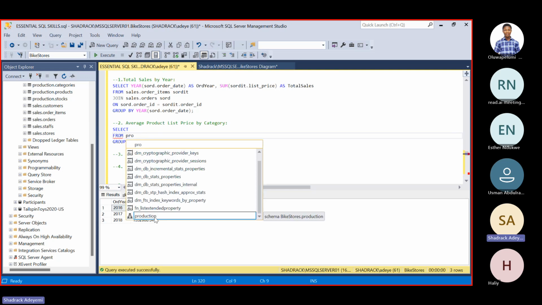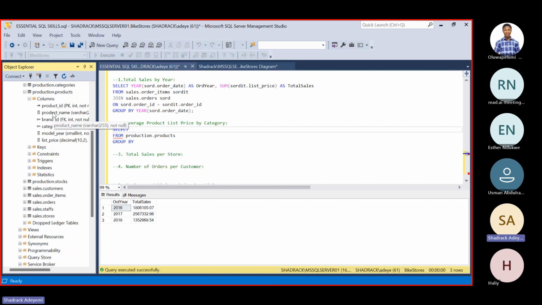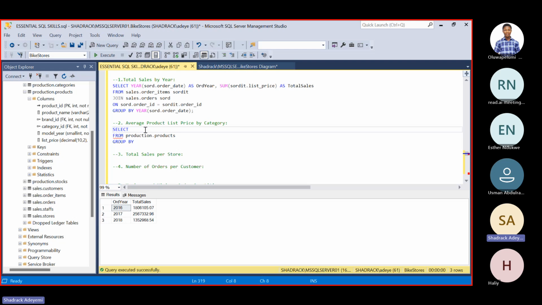Then production dot products table. Then from the production dot products table, we expand that. We get to see that we can call the product name, we can call the product ID, but let's just call the product name. So let's call the product name as product name,